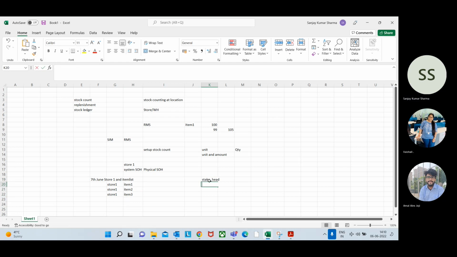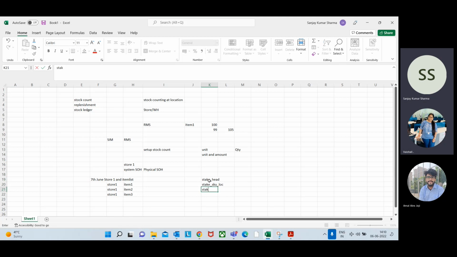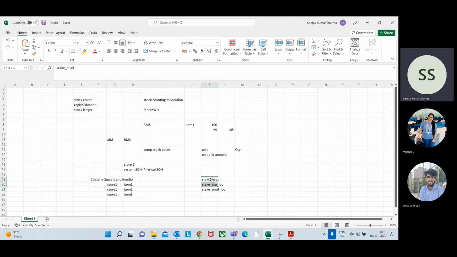and stake skew log. Stake fraud log is also there. So fraud log is also there, but these two are the main tables which we generally see. So when you set it up, these two tables will get populated. So if I see this out,